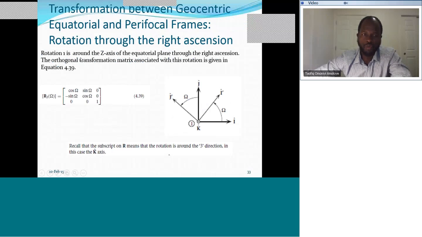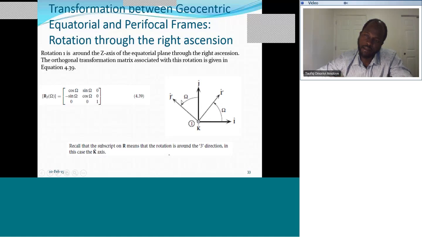So rotation 1 is around the z axis. So now we are just looking at the z axis. When we are looking directly overhead to the z axis, this is what you see. So the z axis is just there at that point, and we are rotating in the counterclockwise direction through the right ascension. So right ascension is omega. By the time we rotate the vector from there to I prime,